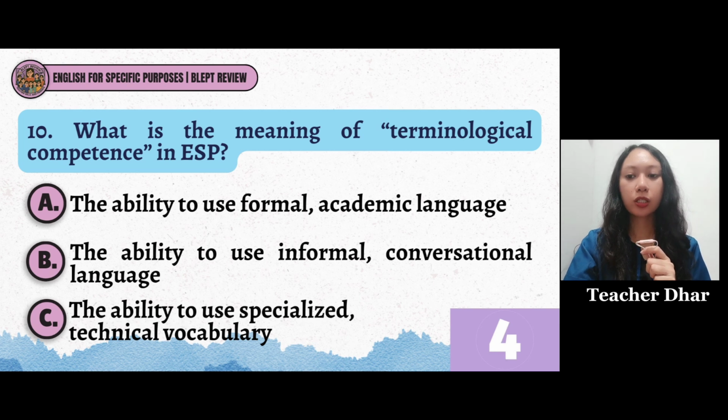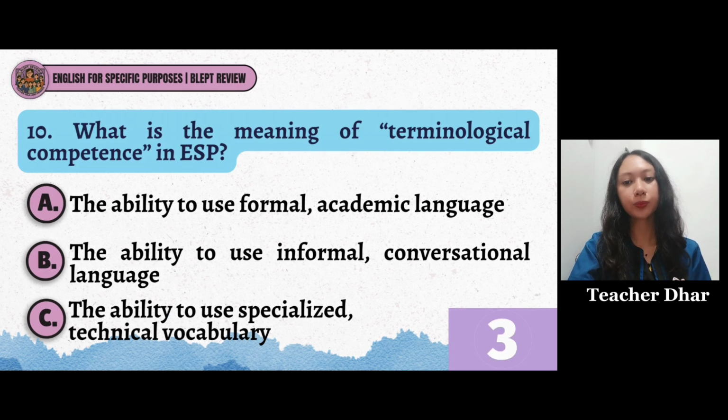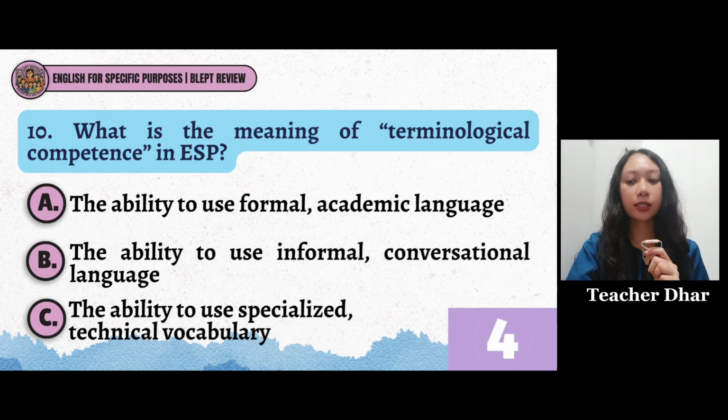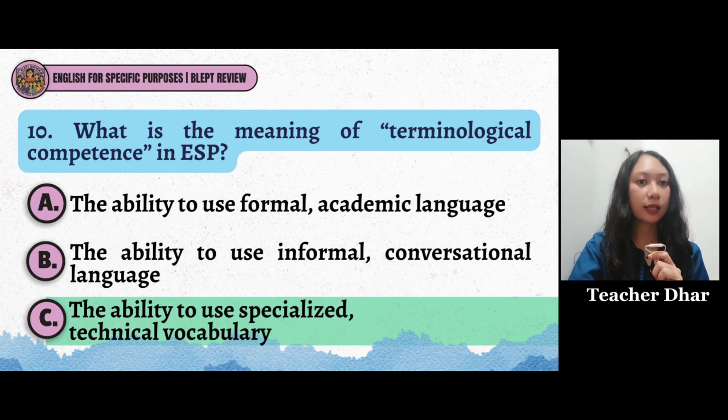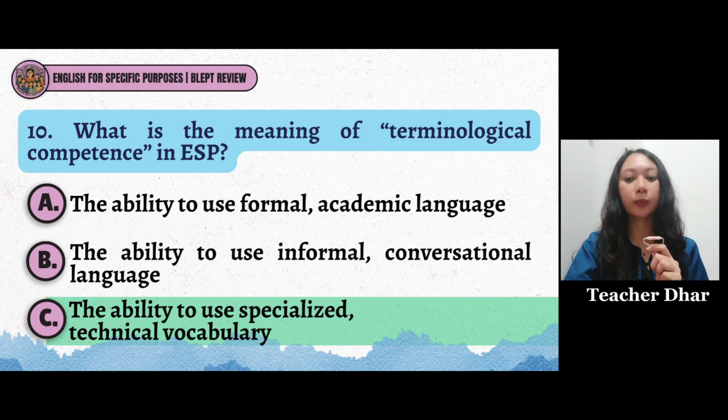For our last question, what is the meaning of terminological competence in ESP? Letter A, the ability to use formal academic language. Letter B, the ability to use informal conversational language. Or letter C, the ability to use specialized technical vocabulary. Your 5 seconds starts now. And the correct answer is letter C, because in ESP, technical competence or terminological competence refers to the ability to